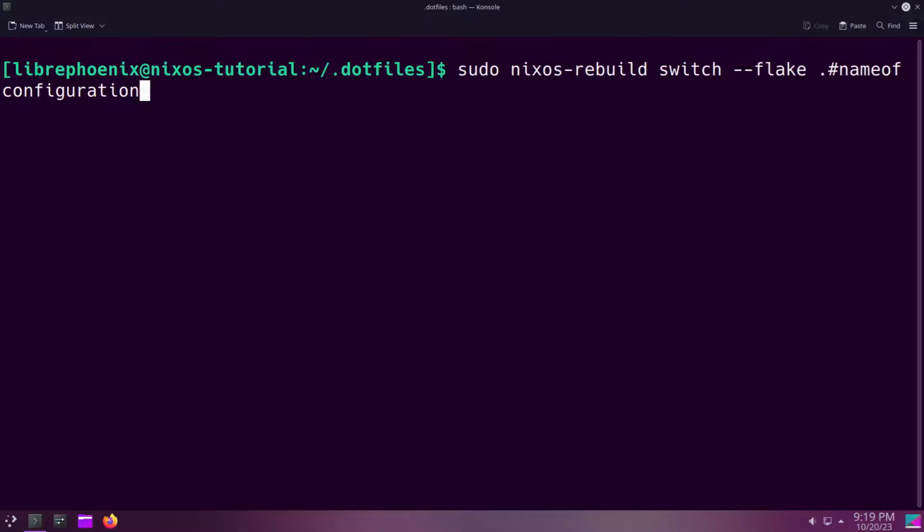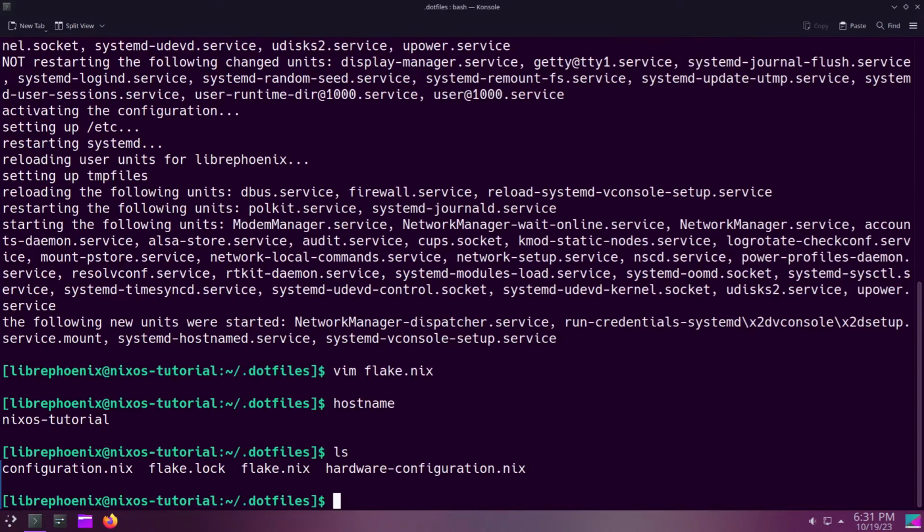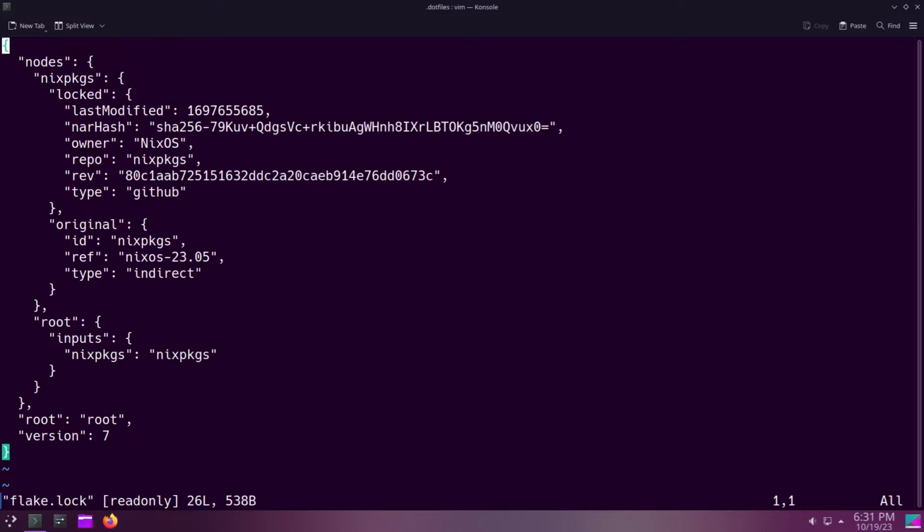One last thing before we end the video today is let's take a look at the fancy flake.lock file that was automatically created for us when we switched using the flake.nix. So if you look at this file, you're going to see a lot of stuff here, and don't worry about all the stuff that's going on here, because you never have to manually interact with this. The purpose of the flake.lock file is to automatically manage the versions of your inputs and your packages for you. And this is just sort of what it looks like. Every time you update the system, you're going to be updating the flake.lock file. And because the flake references the flake.lock file, when you synchronize the system state with that flake.lock, it will be